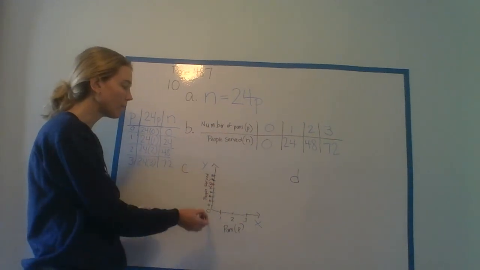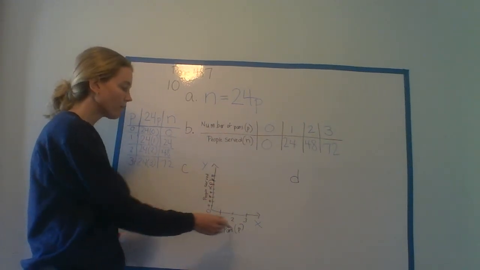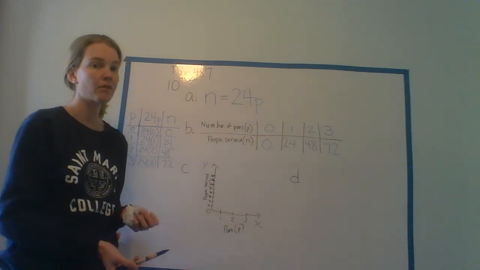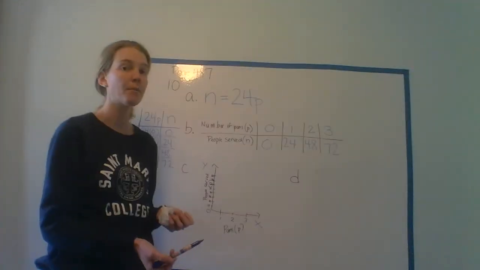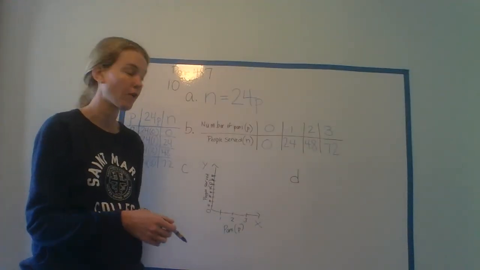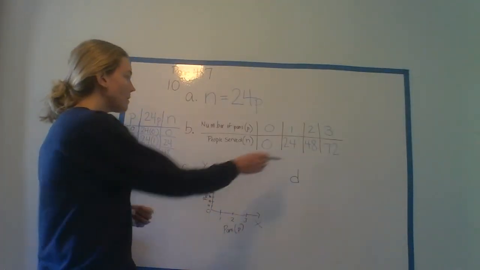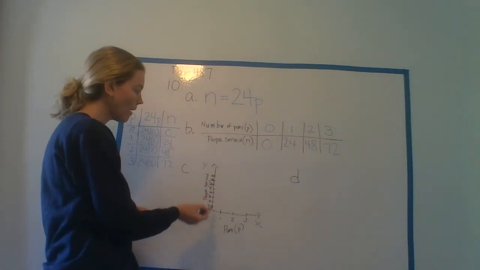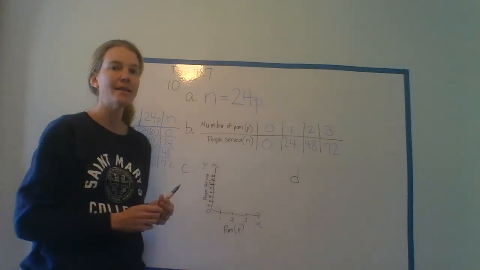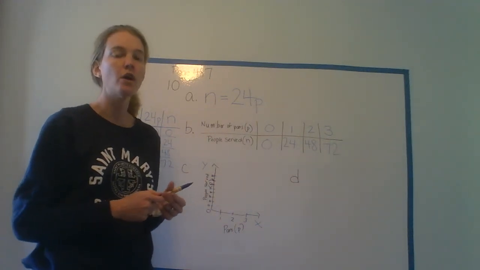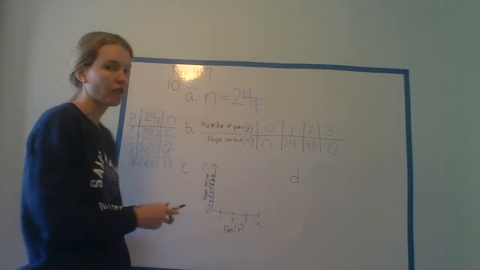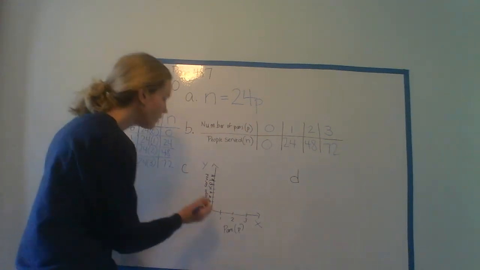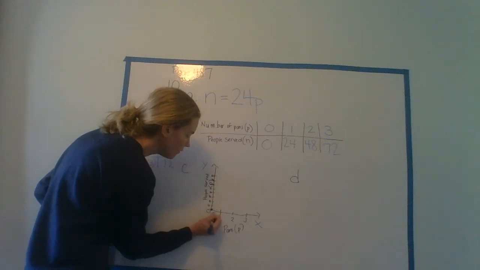Then you're going to have to come up with a good number system, okay? For pans P, all I did was 0, 1, 2, and 3, because those are the only numbers that I used. If you use different numbers, you need to make sure that those numbers are on your graph. And then I need to make sure that I make it all the way up to 72 for my N value, okay? So I went all the way up to 80, and I counted by 10s, because counting by 1s or 2s, you would be drawing a lot of little dashes along the side here. So count by 10s instead. It makes it a lot easier. Then you're going to plot your points and label them. 0, 0,